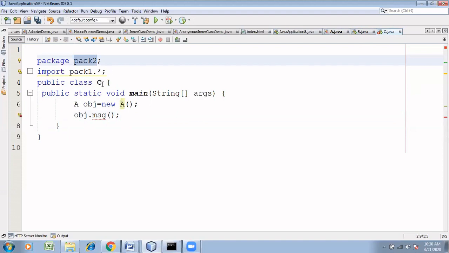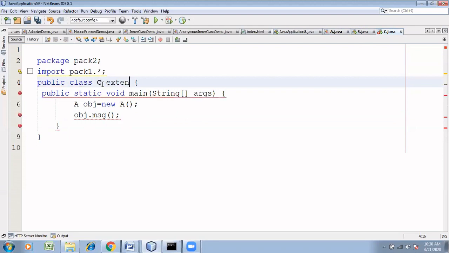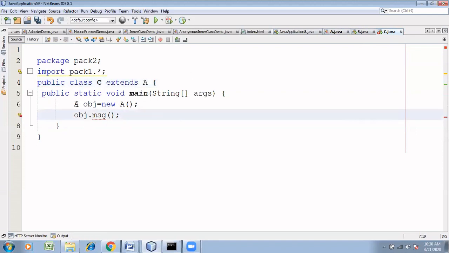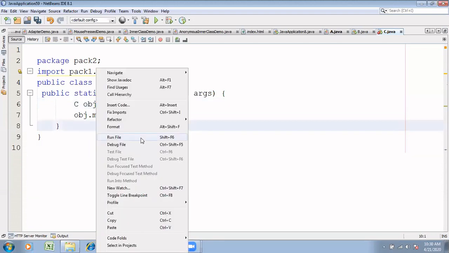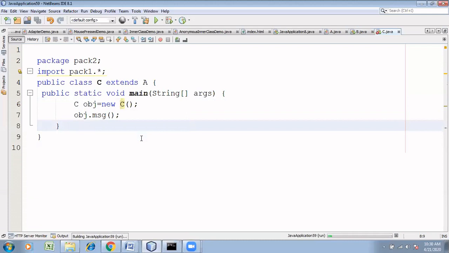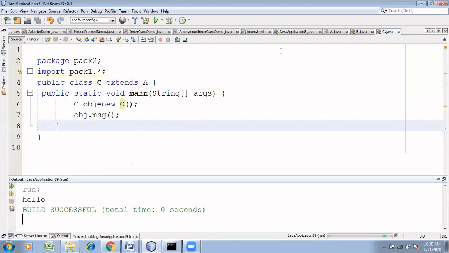So to do so, you have to have inheritance. Just extend. Extends A. Using the C object reference, you can access. However, you cannot do so with the help of an A reference. Create an object for C. Now, can you do obj.message? Yes, we got the answer. Hello.